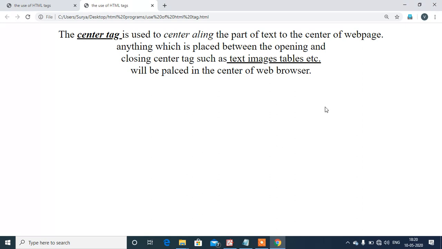Now you can see center tag is bold, at the same time it is italic, and you can see there is an underline that signifies the use of the U tag. So this is the use of the B, I and U physical markup elements.